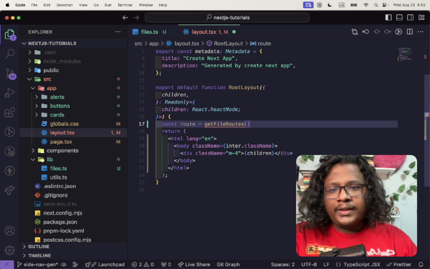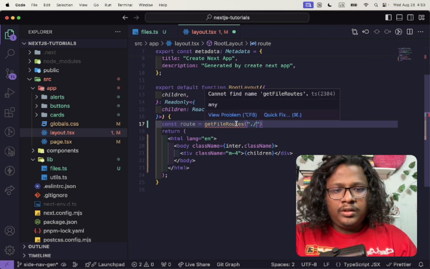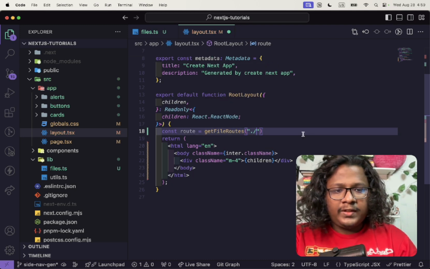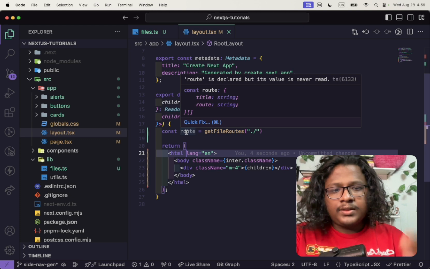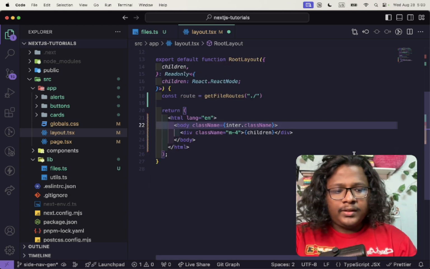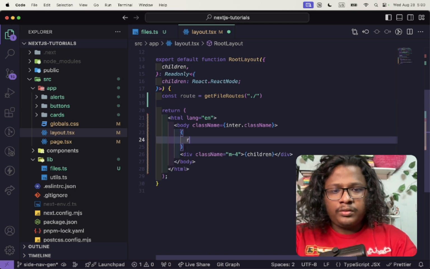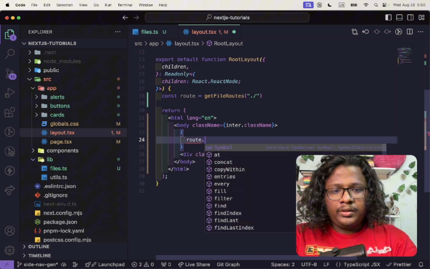And since we are already in the app directory, we'll just pass the path / import this. Now route returns an array of objects, so beside the children we can write the site nav code. So let's just map through route.map